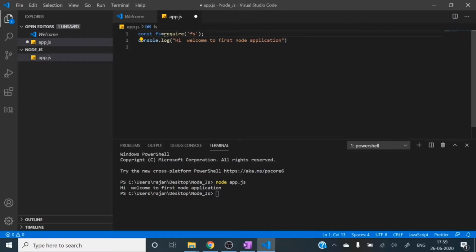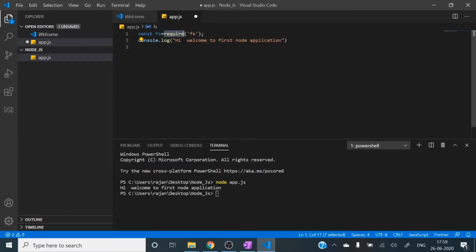So what exactly require is: in Node.js, require is a function, right? So here it will accept either a module name or a JavaScript file. After taking that, it will execute that JavaScript file or that module.